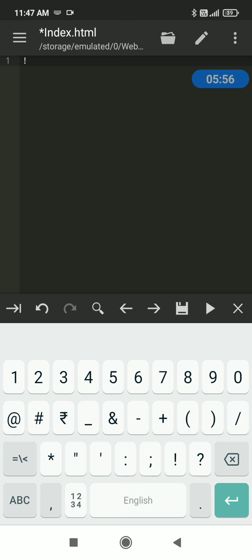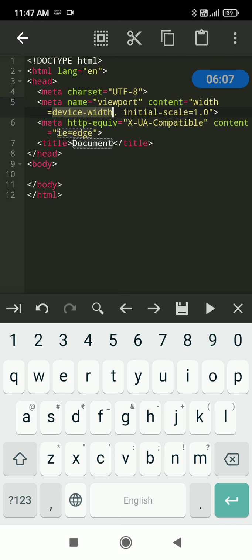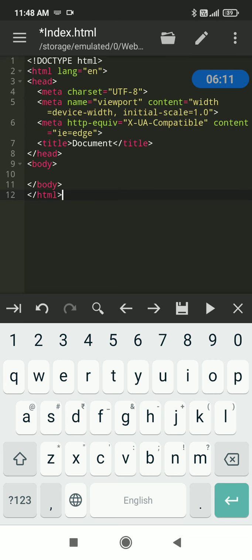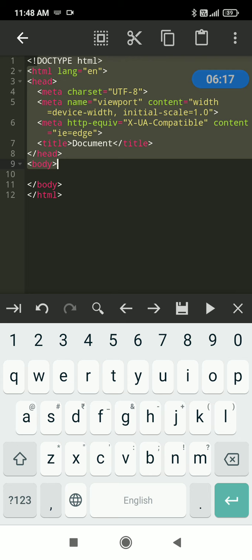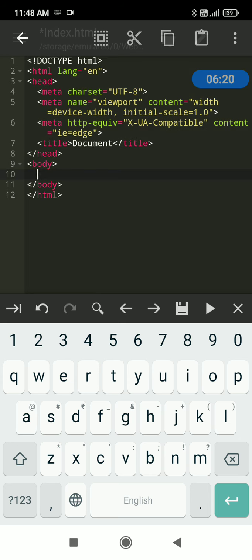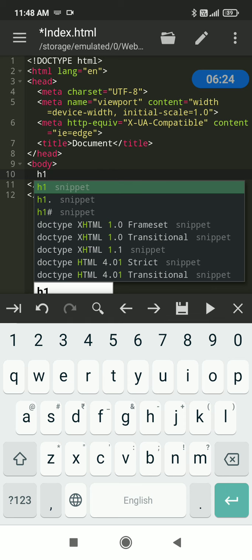So I write the exclamation symbol and now you can see a button on the top left corner of the screen. It looks like a tab button. It is just to the left of the undo button. Just click on it and you can see how great it is. The whole HTML skeleton was generated. Doctype, HTML, head tag, the meta tags, the title in the head, body with all the starting and ending tags also. You can see that the tab button has many other uses.